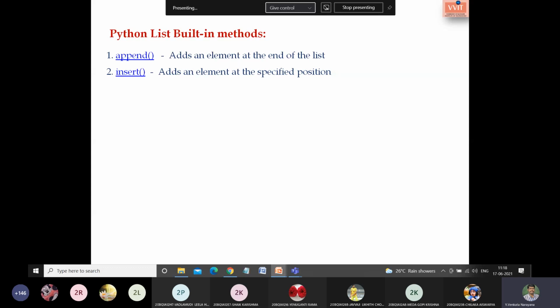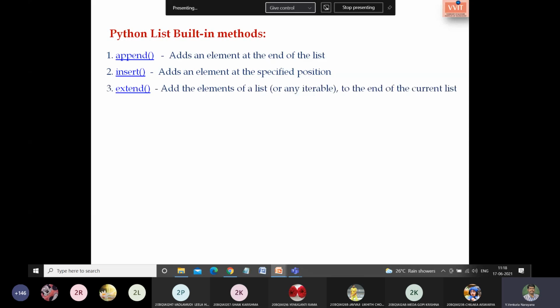For inserting an element into the list, we have 2 methods. The first one is append, which adds an element at the end of the list, and insert, which adds an element at the specified position. I think now the difference between append and insert is clear.